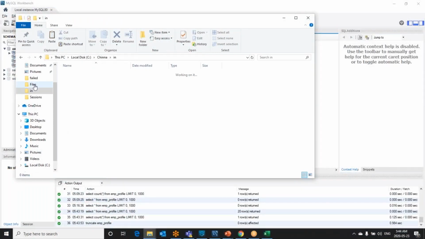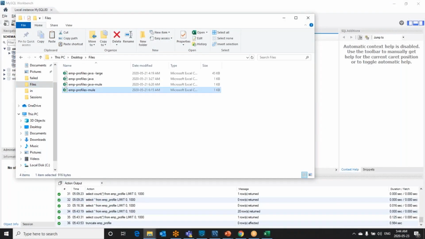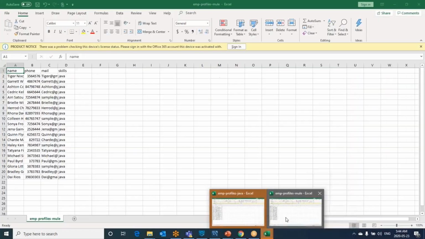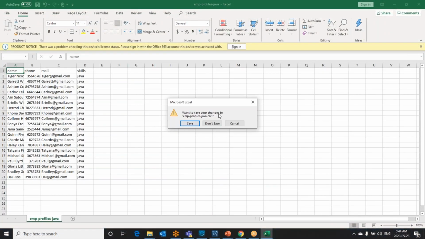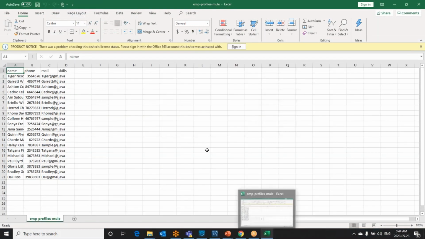Go to file and let me open EMP Mule profiles. In Mule profiles, assume LinkedIn was sending a duplicate email. Let me close the Java one and open this.